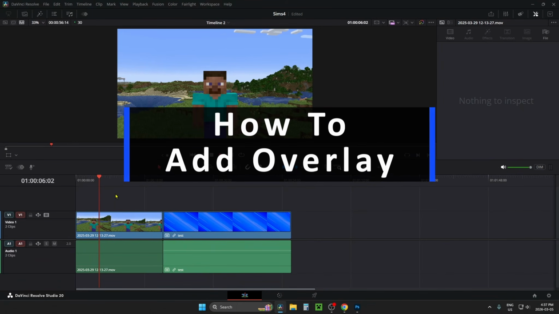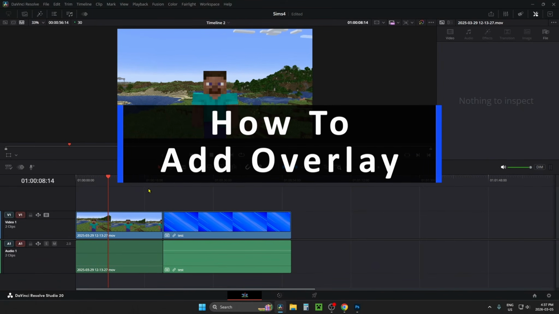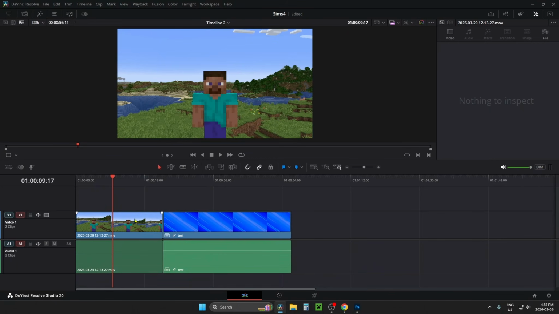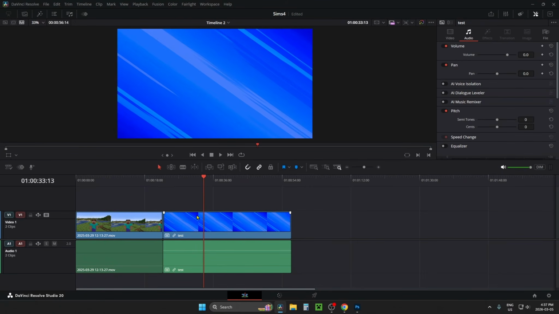In this guide, I'll show you how to add a video overlay in DaVinci Resolve. So this is going to be my main clip, and this clip over here is going to be the video